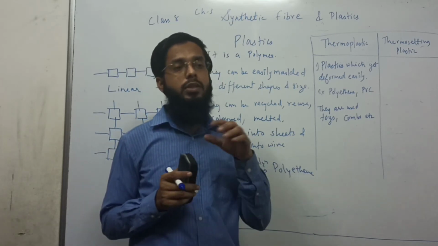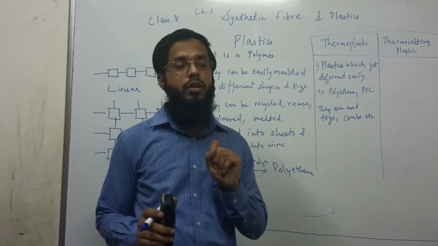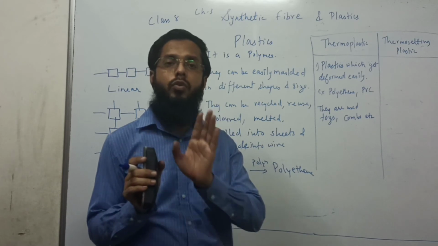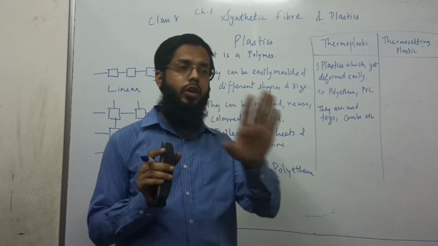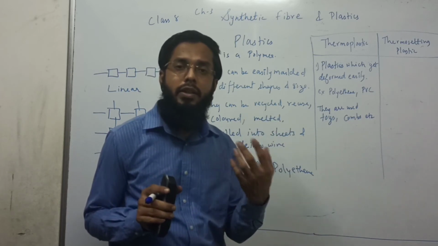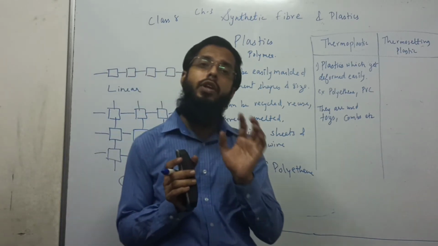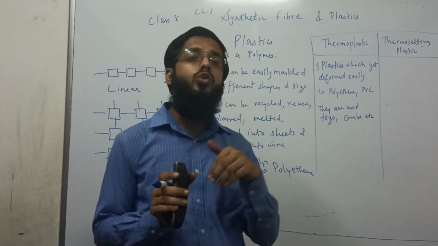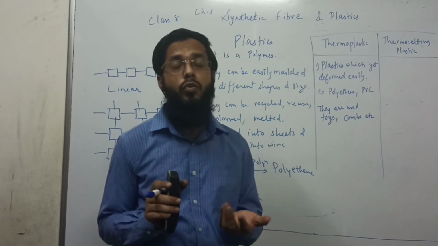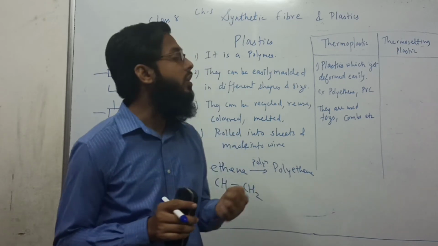For example, such plastics, if you have already made them, for example switches, or melamine plastic like crockeries, once you have molded them by heating, you have already made an article. Now again, if you want to melt it and make it soft, it won't happen. So such plastics, once molded, won't melt on heating again. They won't become soft. Such kinds of plastic are known as thermostatic plastic.